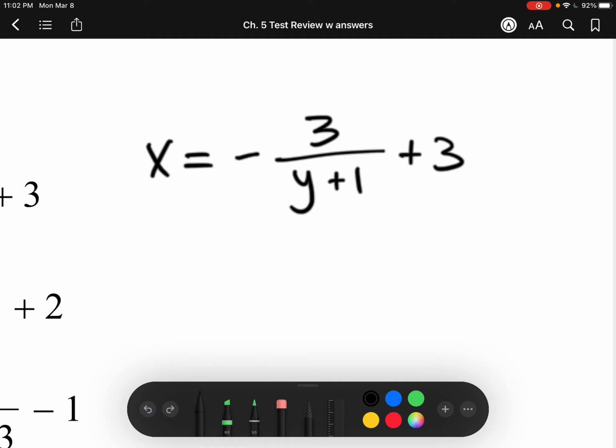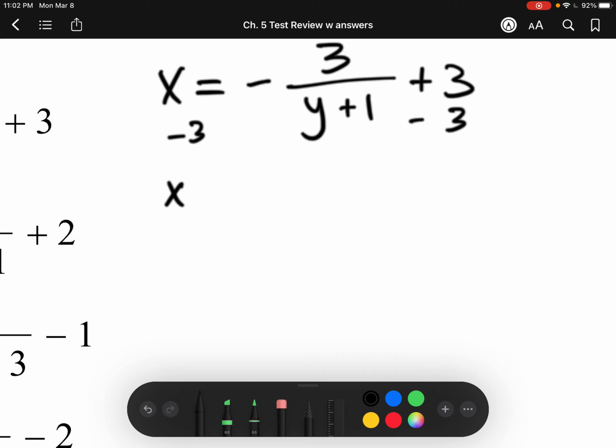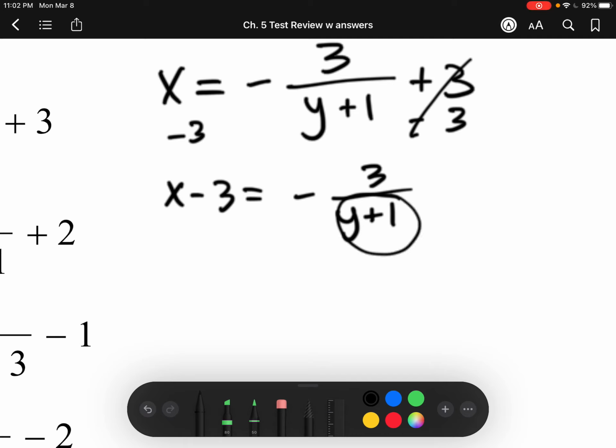This is the tricky part, right? So we got to get y by itself. What we're going to do first is get rid of this plus 3. We're going to do that by subtracting 3 from both sides, right? So now I have x minus 3 is equal to -3 over y plus 1, right? So now we have x minus 3 is equal to -3 over y plus 1, and y plus 1 is